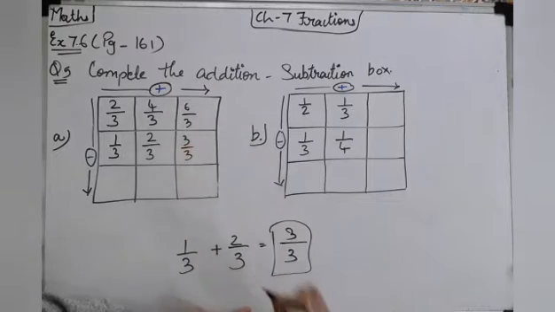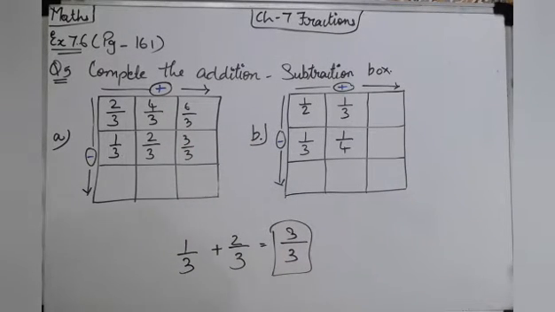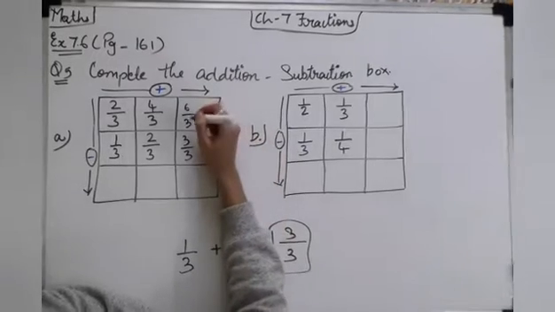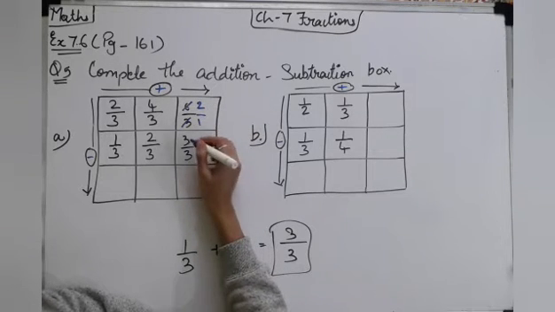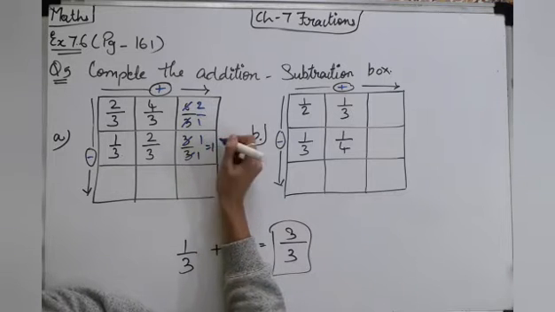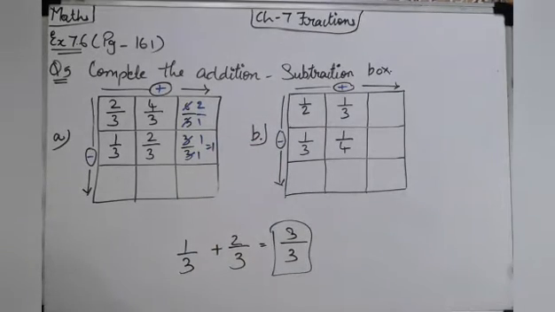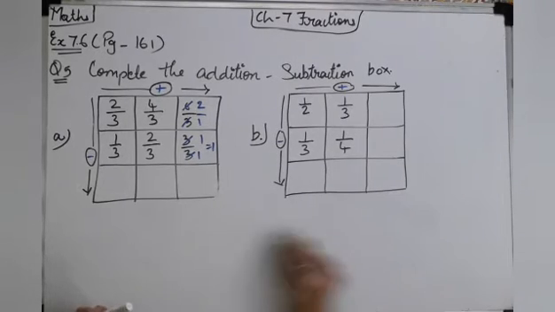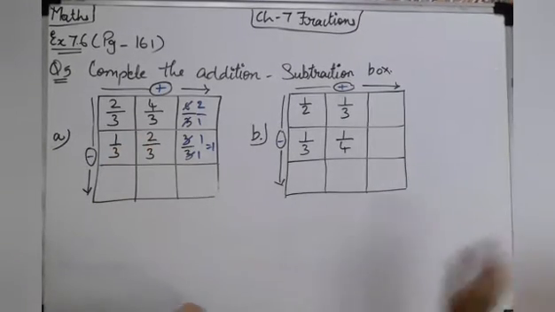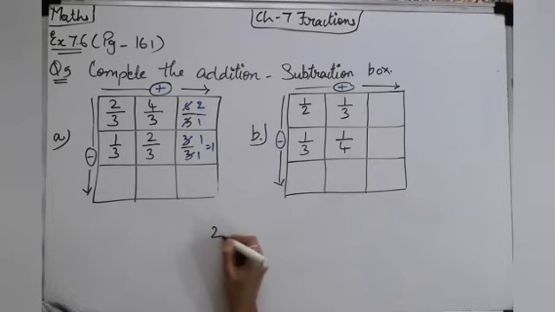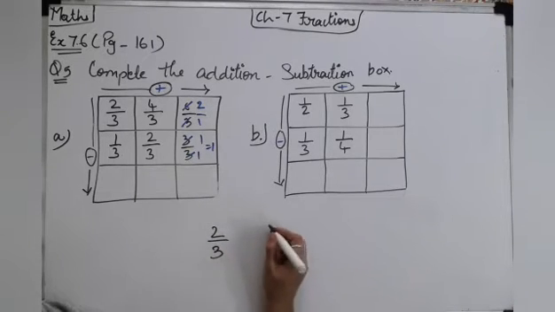3 upon 3. You can also write your answers in the simplest form, which is 3 ones are 3, and 3 twos are 6. It means your answer is 2 upon 3. And 3 upon 3 means it is 1 upon 1 and equals to 1. You can also write your answers like this way in the simplest form. Otherwise 6 upon 3 and 3 upon 3 is also a right answer. Okay.